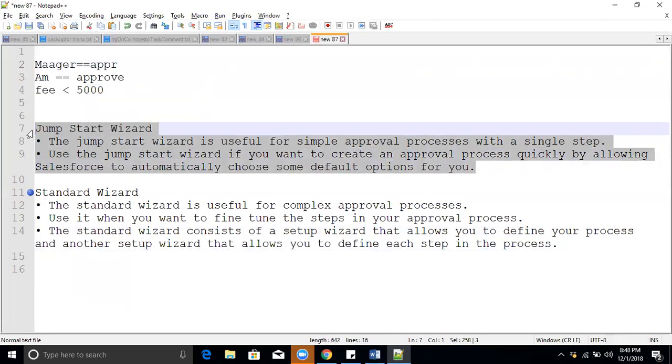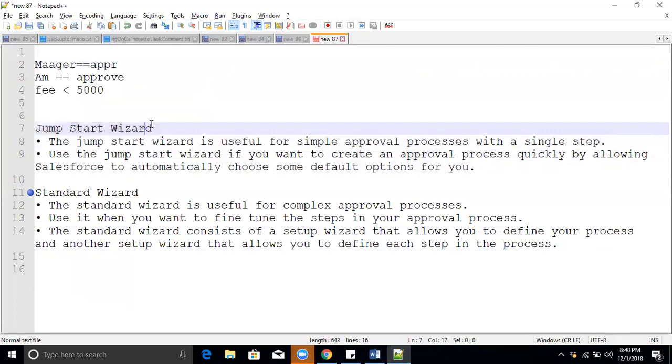In the jumpstart wizard, we don't need to define some predefined actions. For example, once we submit the record for approval, the record will be locked. Locked means no one can edit the record and no changes will happen to it. Some predefined, pre-built functionality is in the jumpstart wizard, so default settings apply.